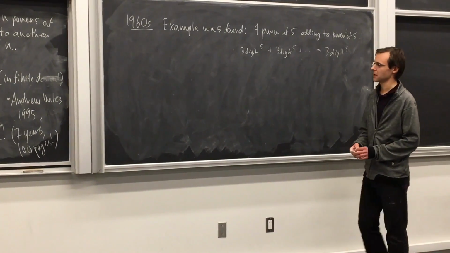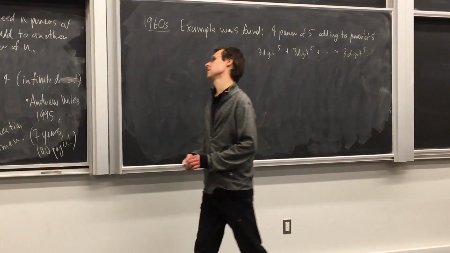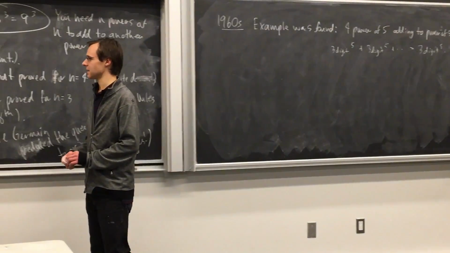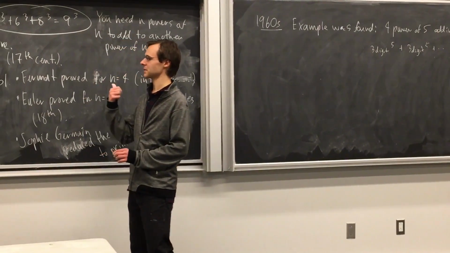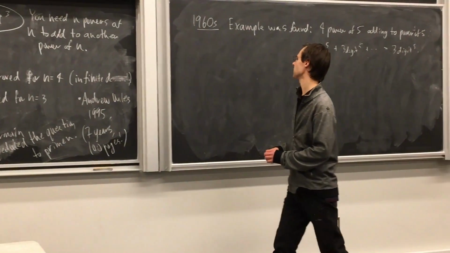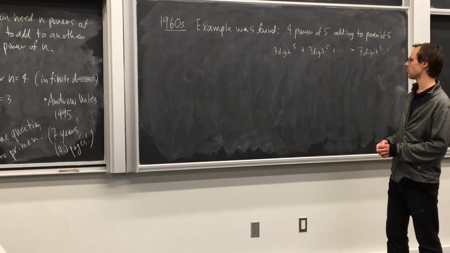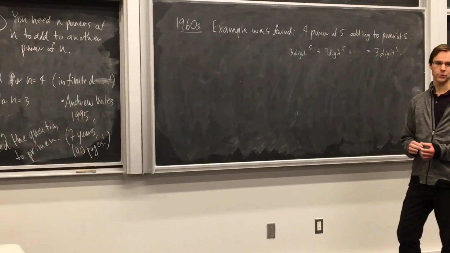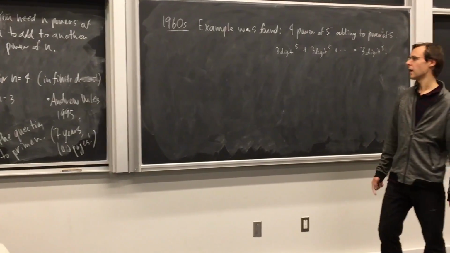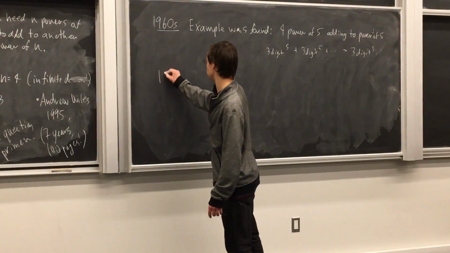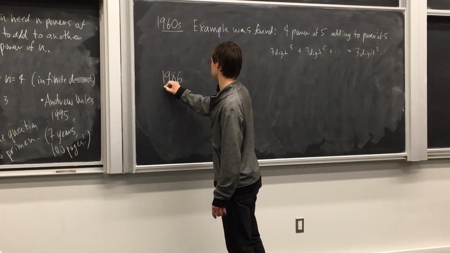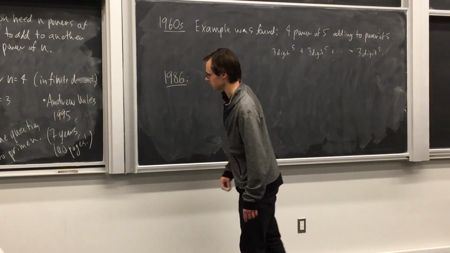So when Euler was wrong, he was sometimes wrong, but not in any obvious way. This conjecture was a very good guess at the time. It turned out not to be correct. So this example was found, and since the 1960s, 2 more such examples were found. It was also found in 1986, right about the time that Andrew Wiles started working on his Fermat's last theorem,